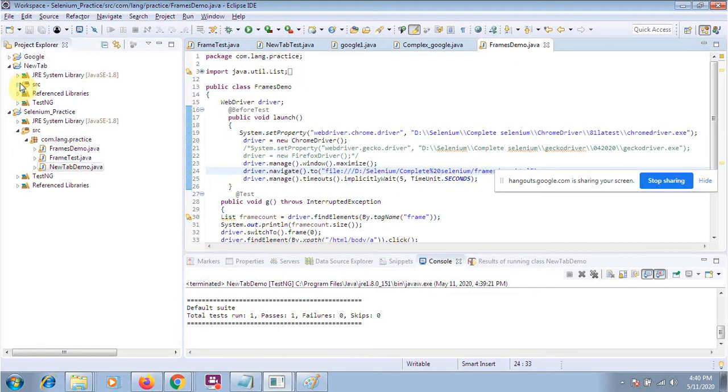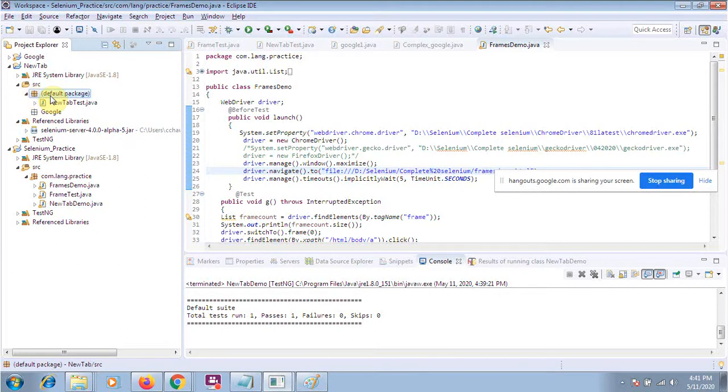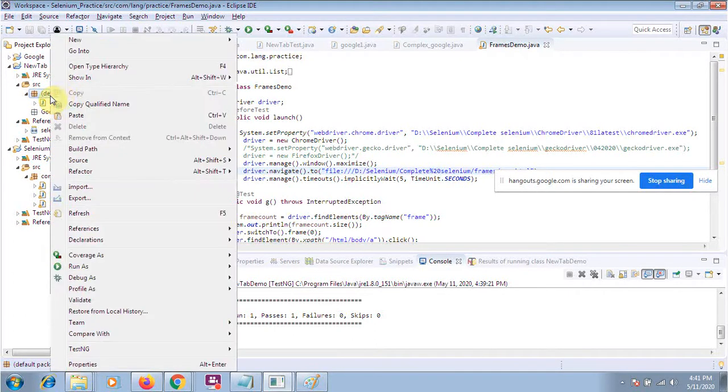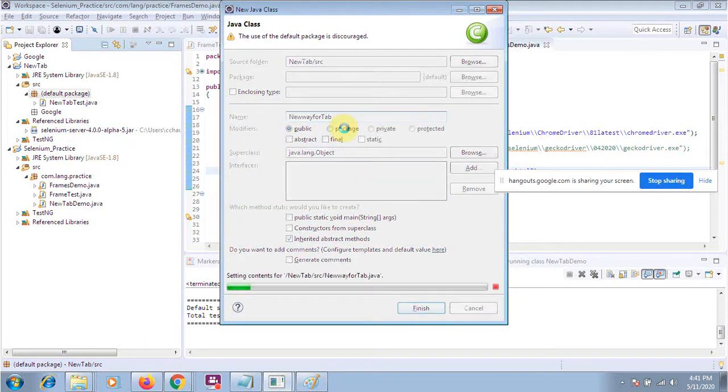As I told you, I have another project which has the updated Selenium 4.0 that I have downloaded. If you have this, go here, right click, and I will create a class. I will name it NewWayForTab.